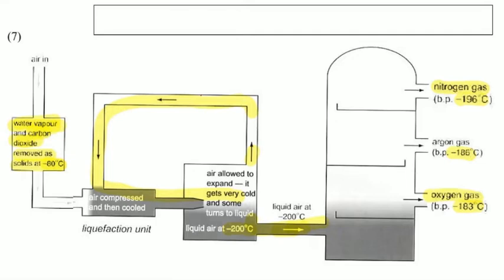at negative 80 degrees. So at negative 80 degrees, other components like nitrogen, argon, and oxygen, they are still gases. They are still gases. All right. At negative 80 degrees, they are still gases, but water vapor and carbon dioxide become a solid. So they separate. Okay, then we can remove the water vapor as ice and carbon dioxide as dry ice。